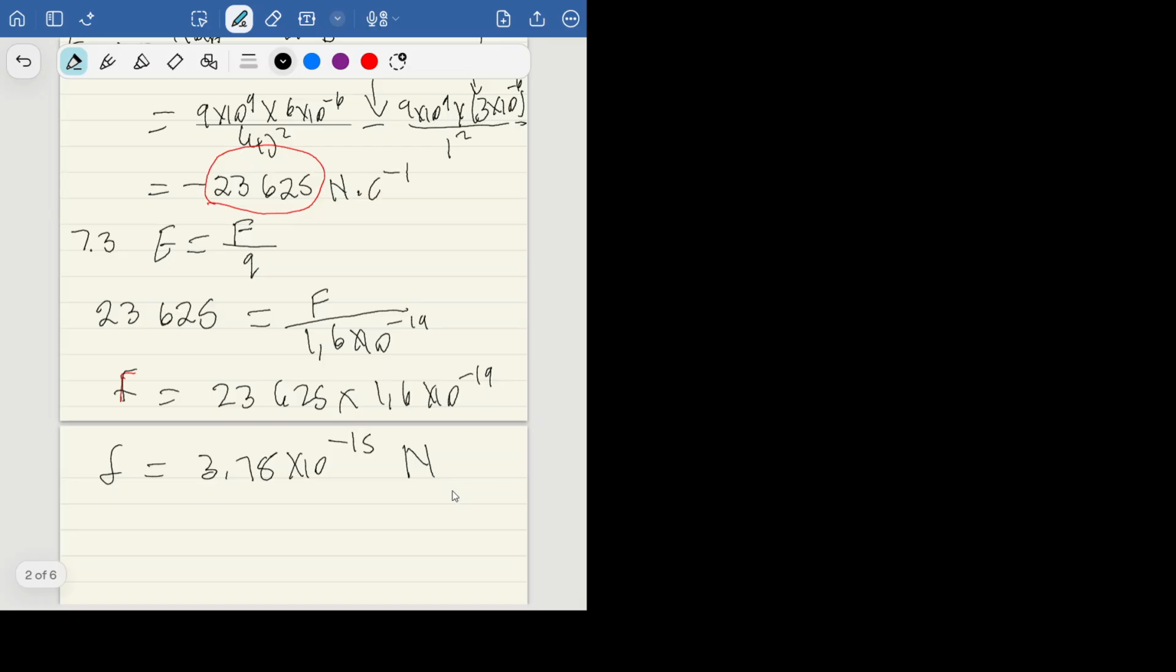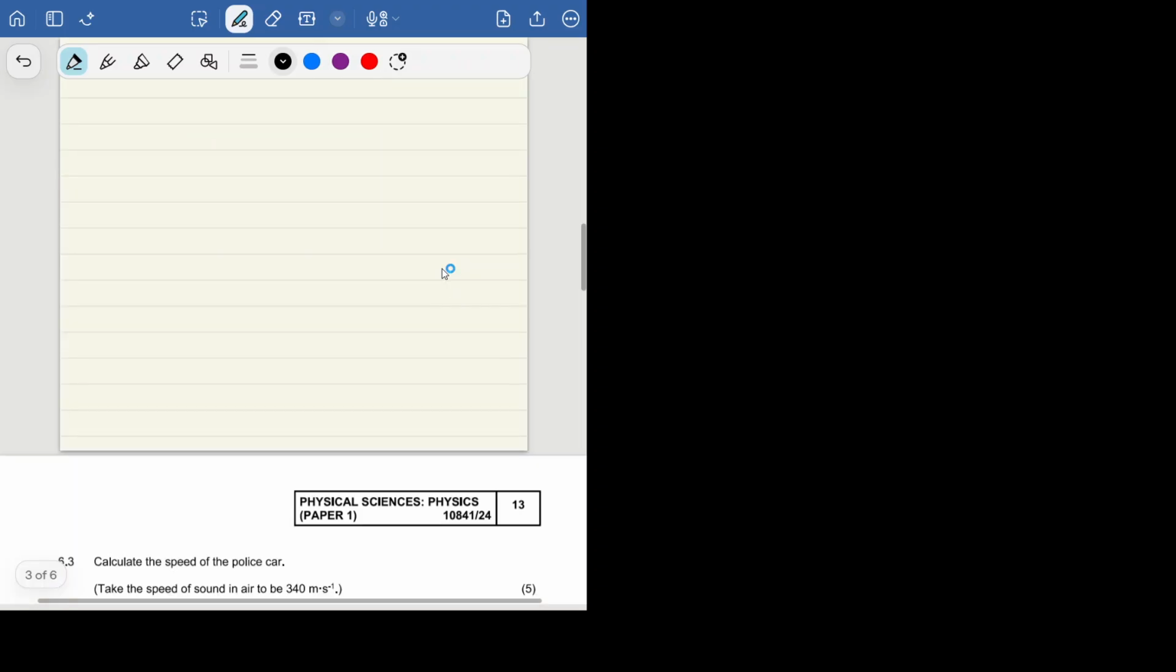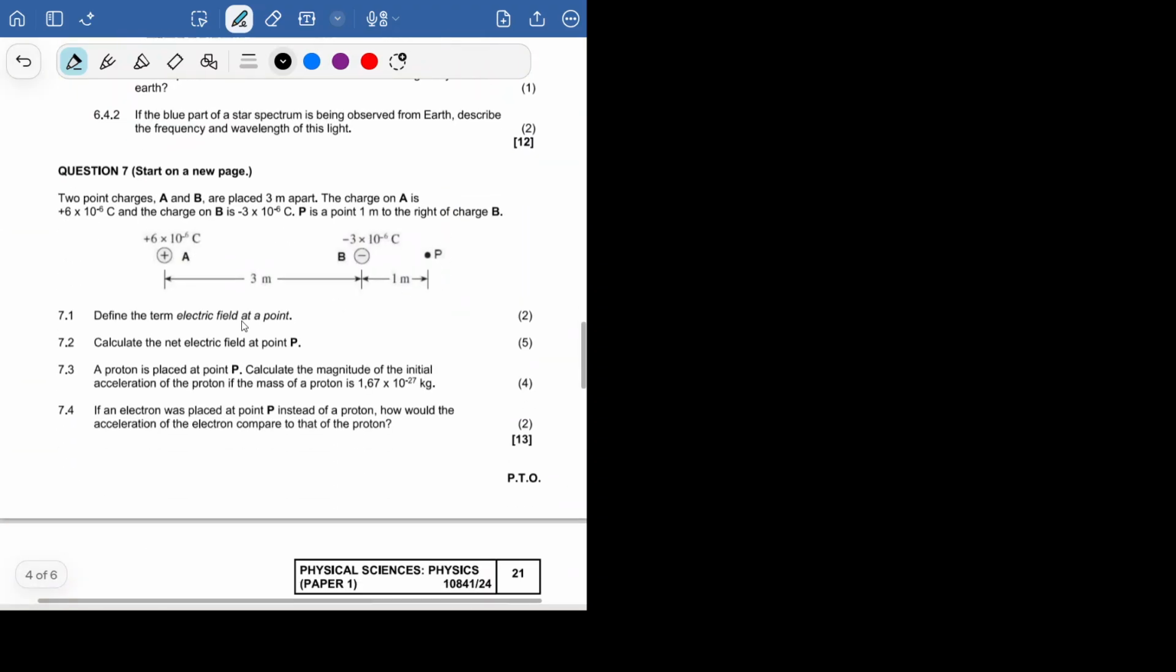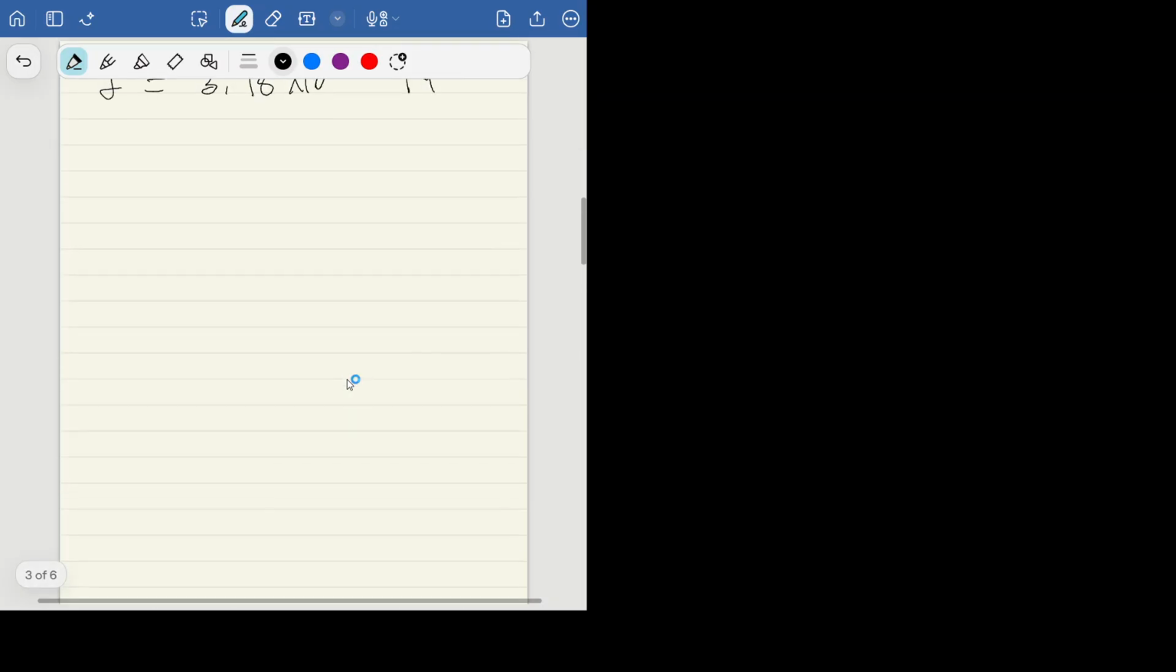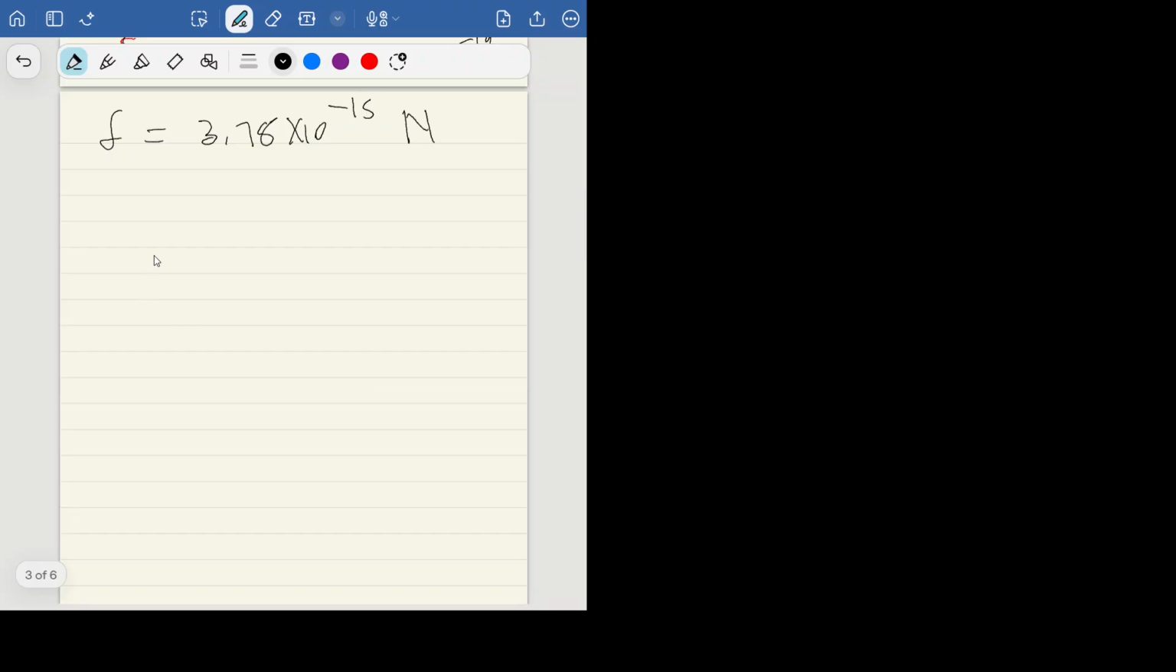But the question wanted acceleration, right? So since the question wanted the magnitude of the acceleration, we are going to use the formula F net equals ma. Then we substitute our 3.78 times 10 to the power of minus 15 equals